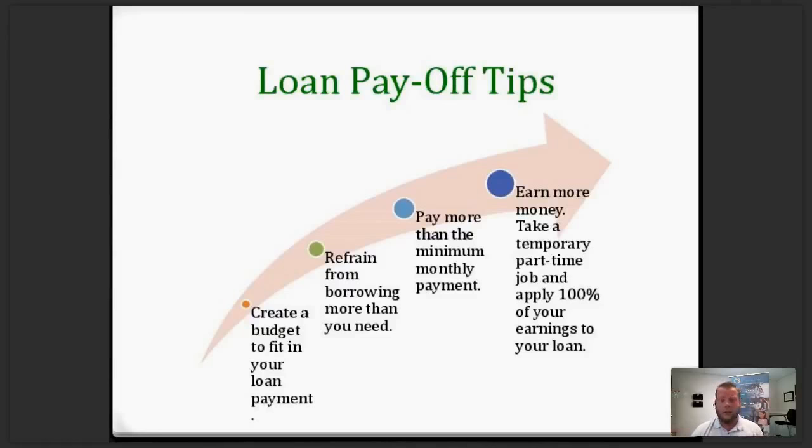Oh, this helps cover some living expenses. This will help me with this and that. Well, there's a price to pay for that, and trust me, each disbursement as it comes, before you know it, you could owe a lot of money in student loans, okay? So only take out the amount that you actually need. Pay more than the minimum monthly payment is an obvious one for people that are looking to strategically pay that down.